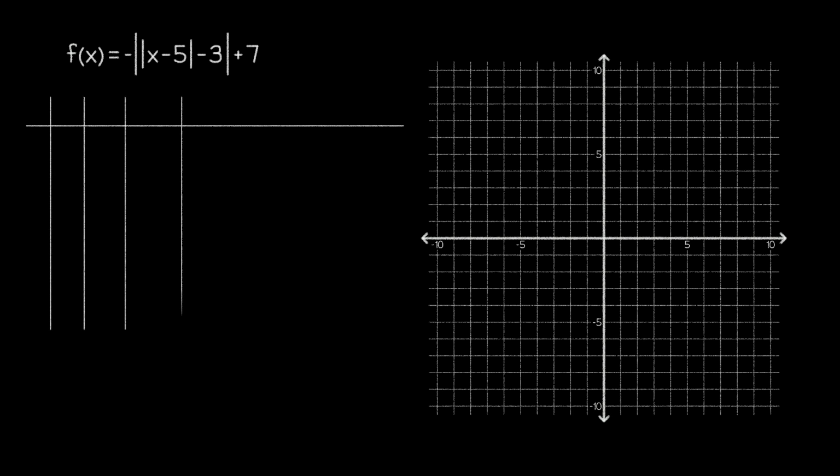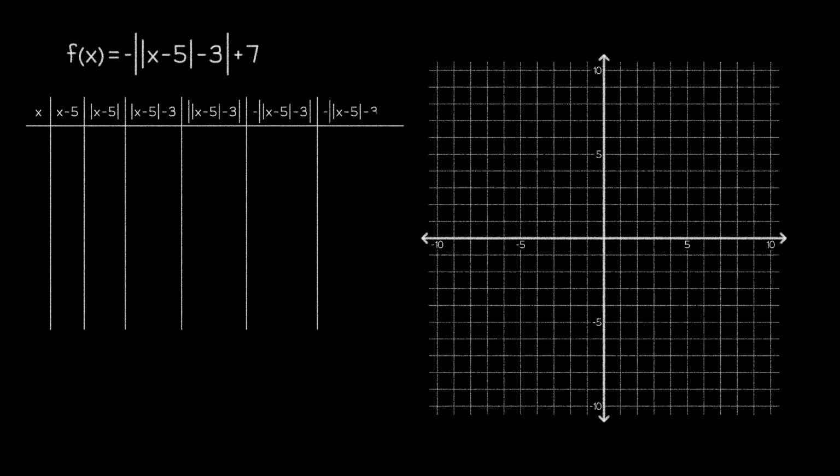Finally, let's take a look at a function that contains two sets of absolute value bars. While we can still easily make an extended table of values, the concept of key values and key points breaks down a bit here. Normally, we would place our key values in the column right before we take the absolute value. But since we're taking the absolute value twice, which column should we put the key values in? Well, it turns out that if we go with the second option, things will get messy when we try to work our way backwards. So let's go with the first option instead and fill out the table accordingly.